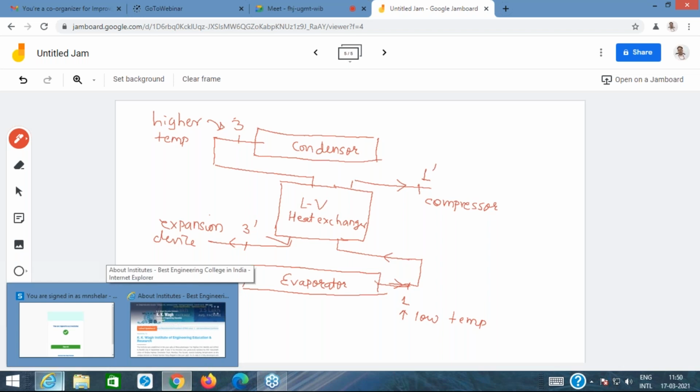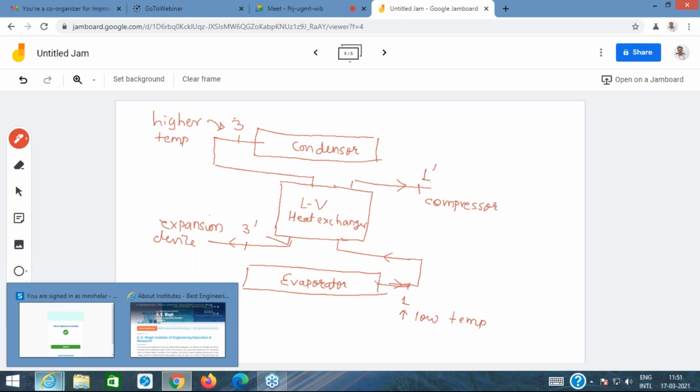So what would happen? There would be a heat rejection from the refrigerant which is at state 3 to the refrigerant which is at state 1, and state 1 would superheat to state 1 dash, and state 3 would subcool to 3 dash. Okay, so here we are achieving simultaneously the liquid suction superheating and liquid subcooling by making use of a heat